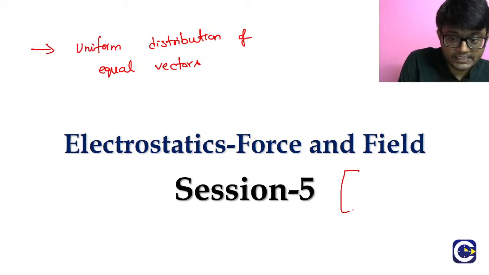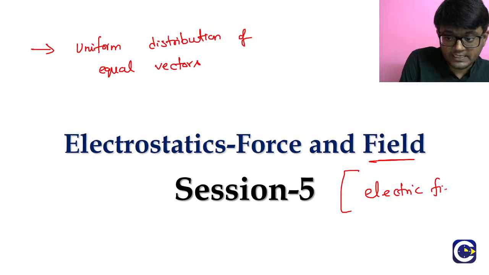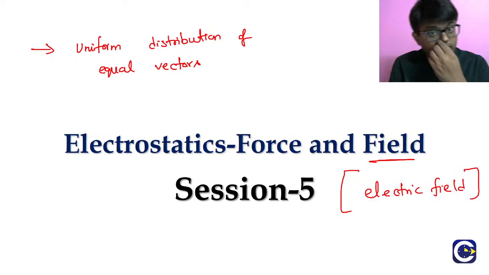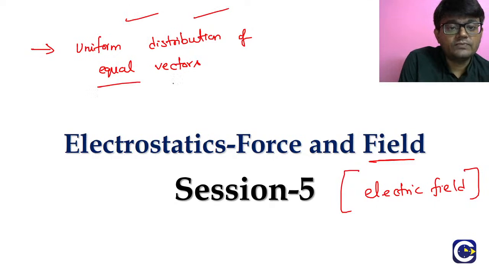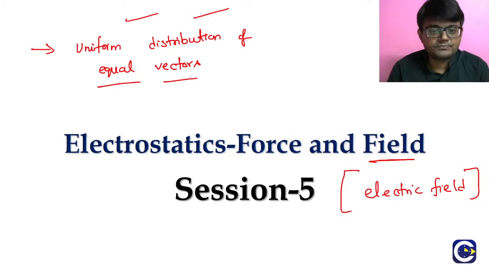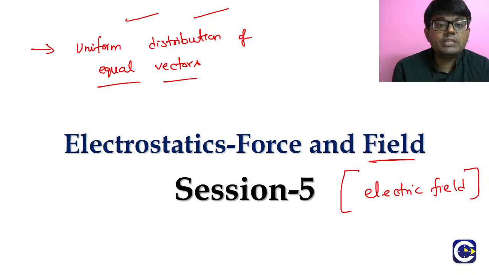We are going to discuss a vector called the electric field, which is also going to be a vector. Whenever we have vectors with equal magnitudes and we distribute them in space uniformly,